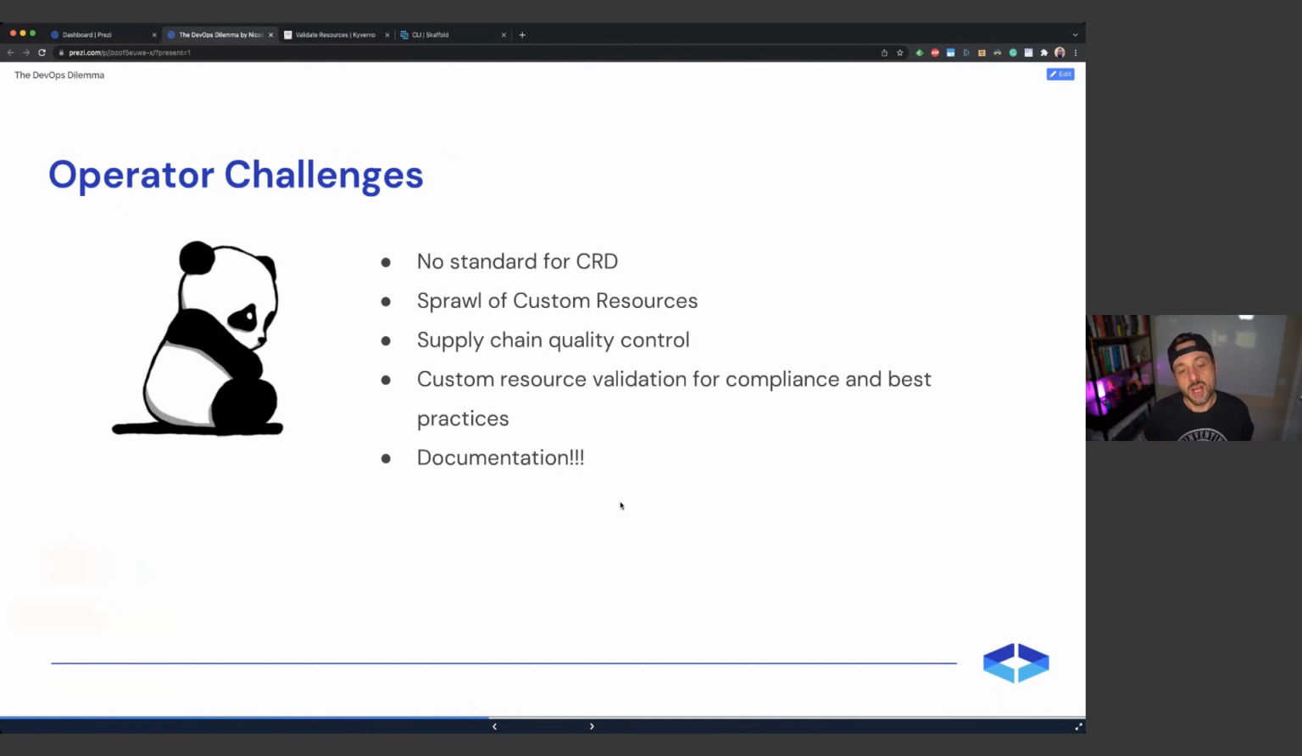But there are a couple of challenges. There's no standard for CRDs because by design, it's 100% customized. You create your own CRDs, and there's no standard for it. So it depends on you in terms of how you want to implement this control. And ultimately, we're going to see with policy as code, you can do that. Challenges again: sprawl of custom resources, and also the supply chain quality control,